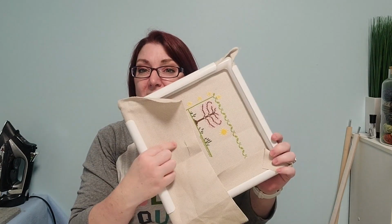And I have to remember, actually, that's perfect. I kept forgetting to put a needle in this one because I didn't have a needle minder in here for some reason. So no needle. And now when I pick it up, I have a needle. So definitely want to focus on this one